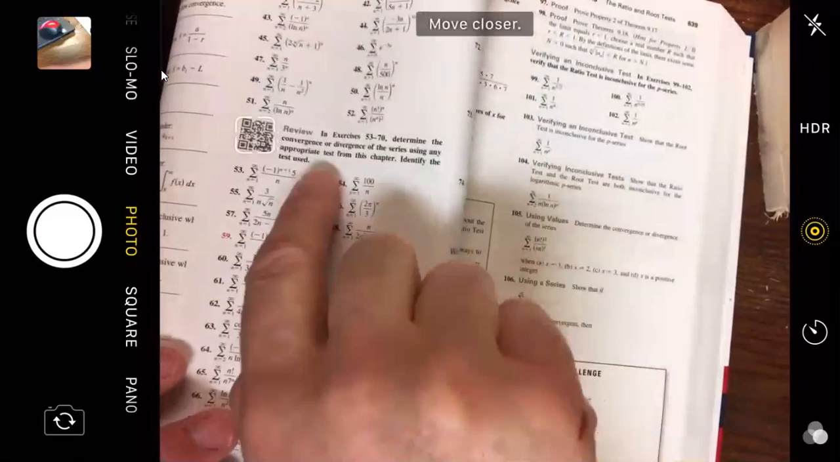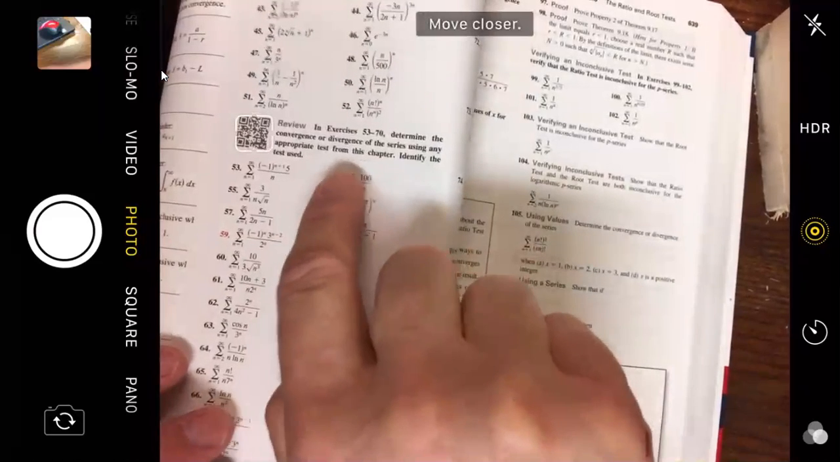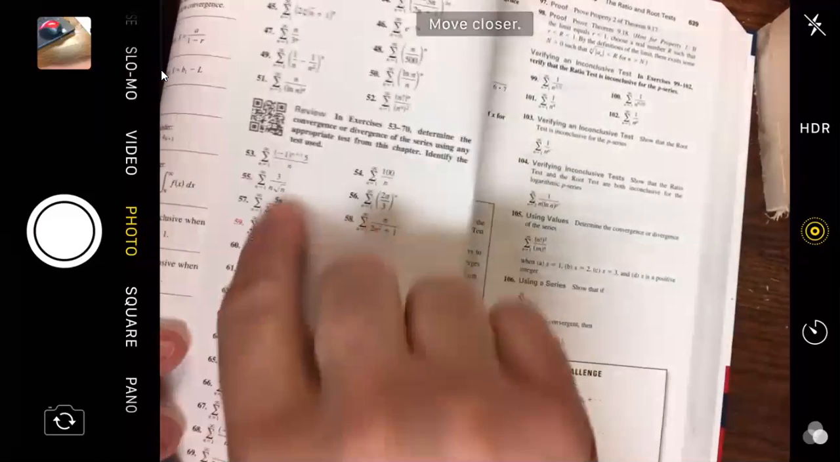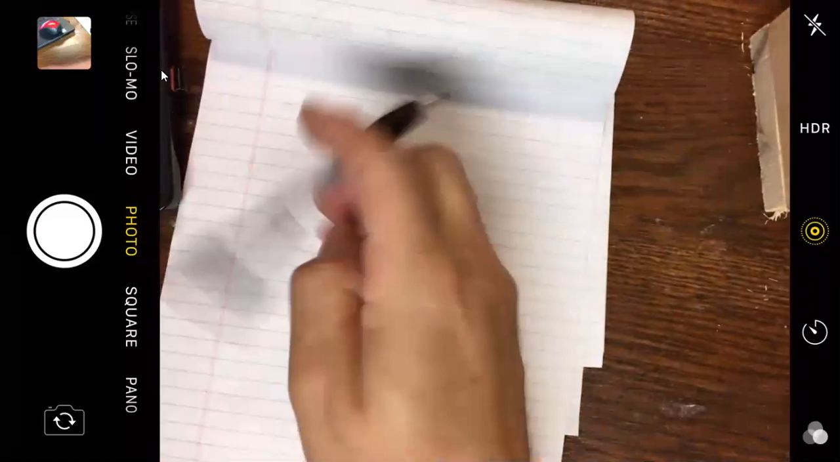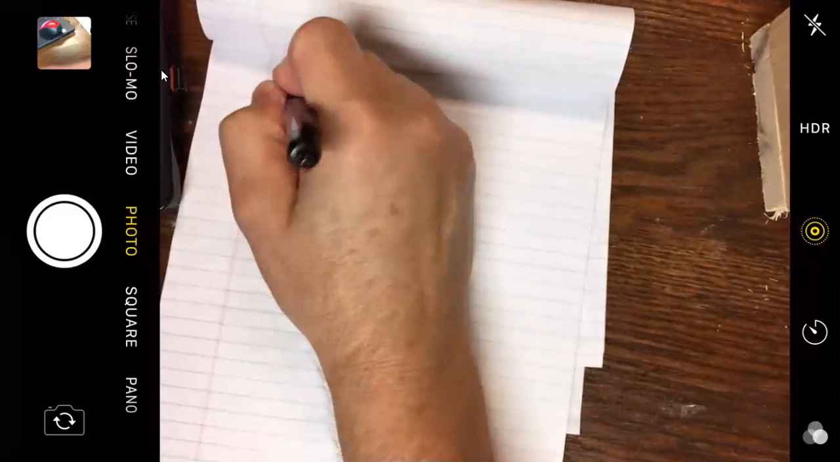Use any appropriate test. So they give you kind of a mixture of problems and you decide the test. It's kind of the way the test is constructed. Any random test can come up on the test. So this specific section is ratio test problems. So this is 9.6,